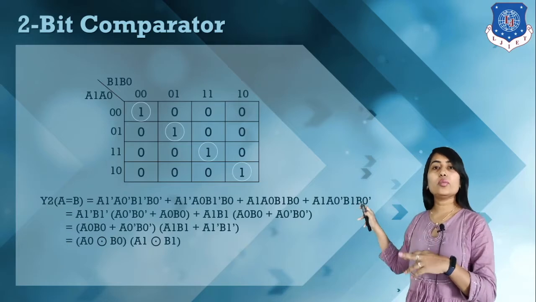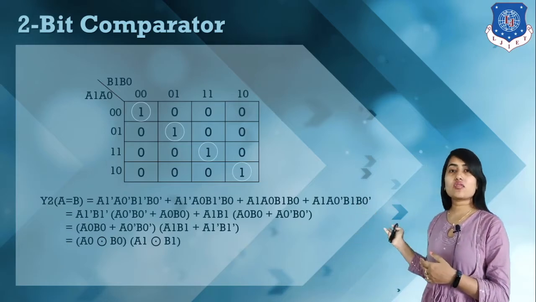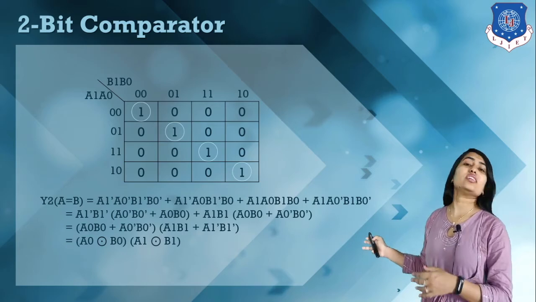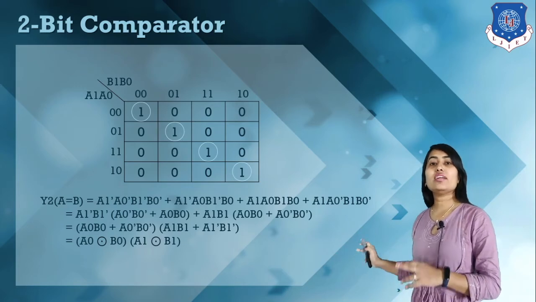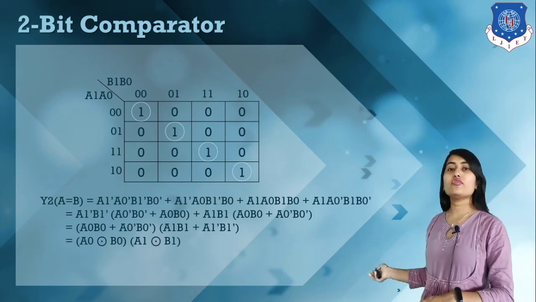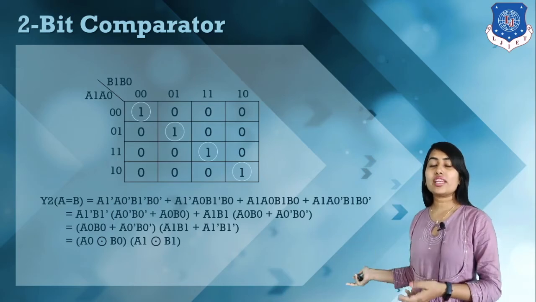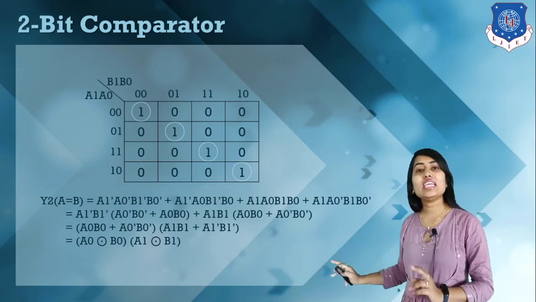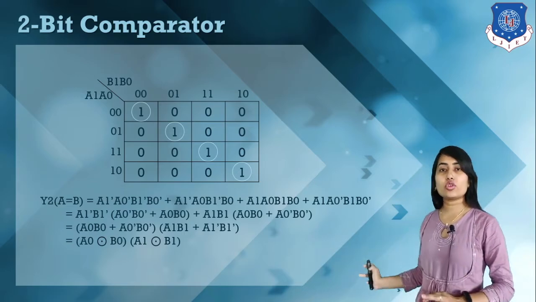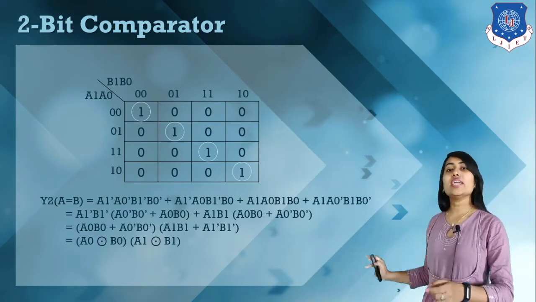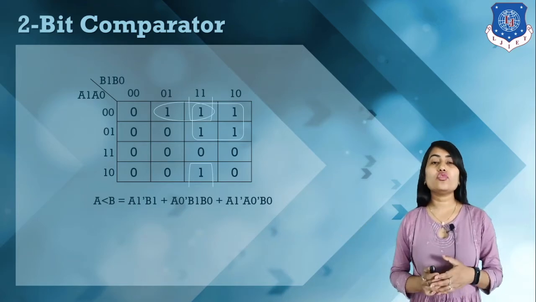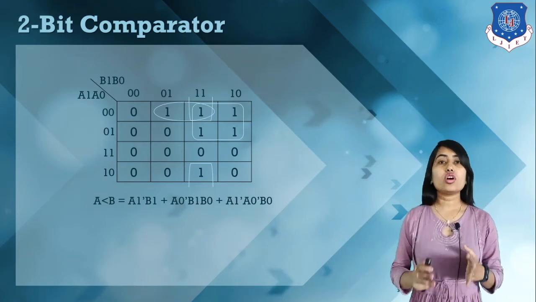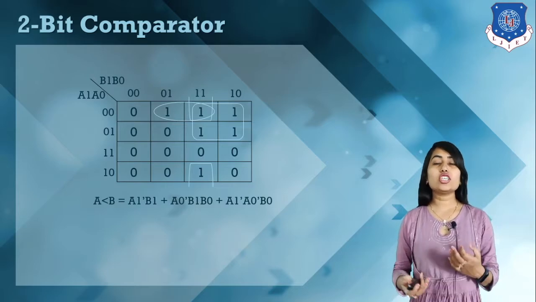Here we have to make a group of 1s, and then we write this equation, and this equation is simplified like this. So here we have this operation: A1 XNOR B1 and A0 XNOR B0. If we compare both values, and if there is a similarity, then and only then we can say that A equals B. So for A equals B, we have the equation A1 XNOR B1 AND A0 XNOR B0, and here we have the equation for y3. This is how we make a group and write an equation for y3, and using these values of y1, y2, y3, we can design the 2-bit comparator.